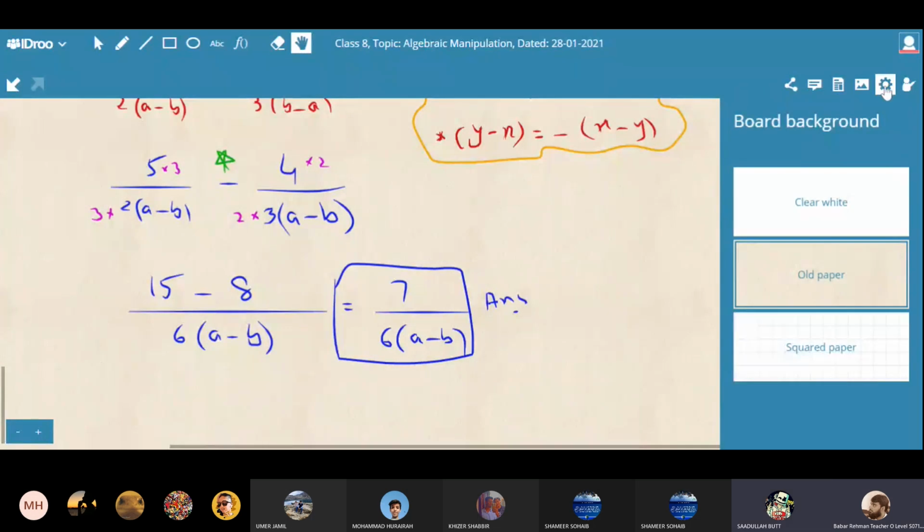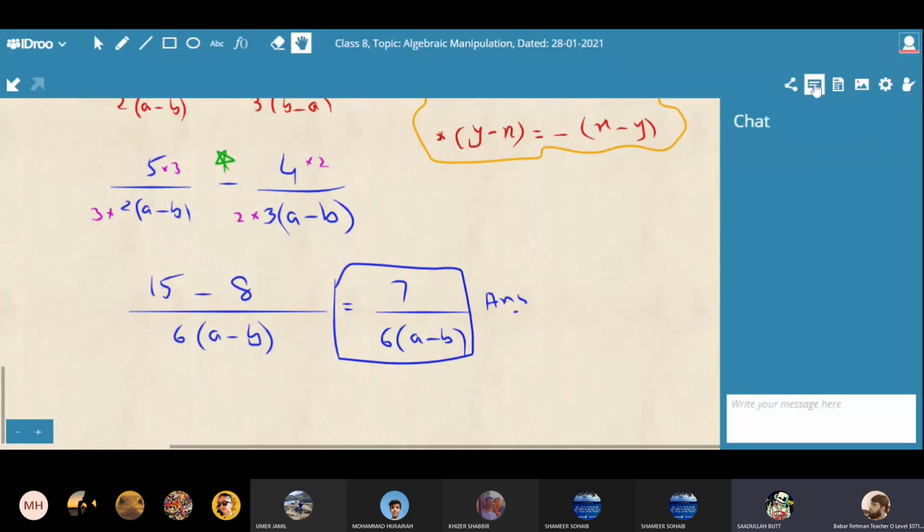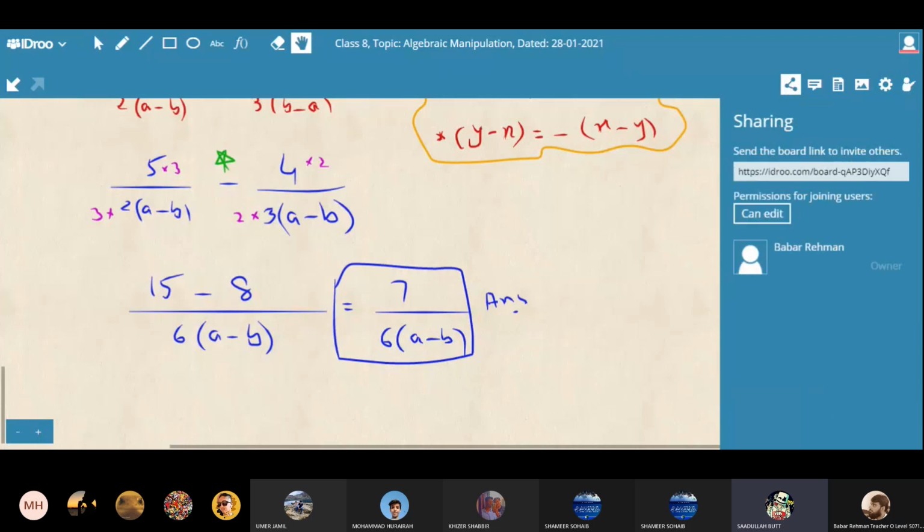Sir, I think there was a link over here which you had to give to us. Sir, when you give that link, then only we can join and then write here. Yes, Sadullah, this link. Sir, you can paste it in the chat box. Okay, Sadullah, wait. I'm pasting it over here. Kindly join. Yes, sir.